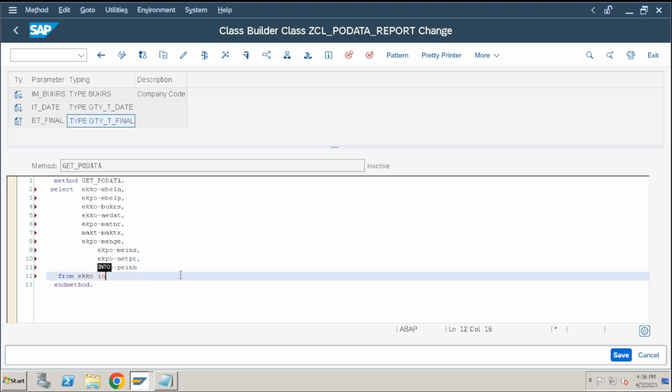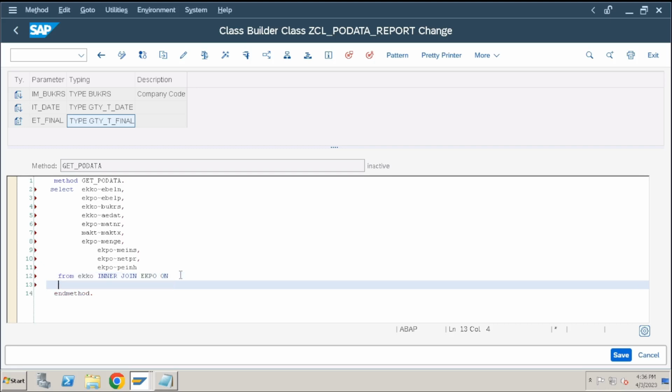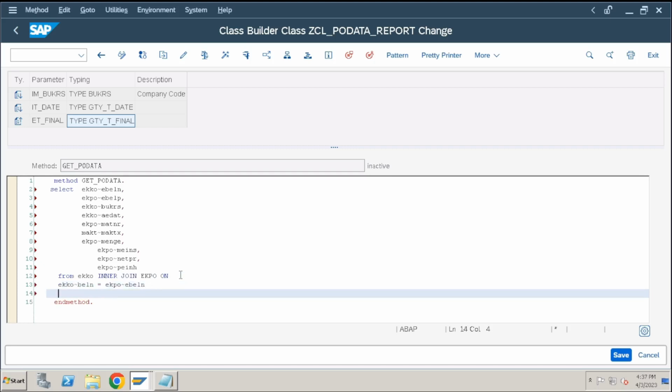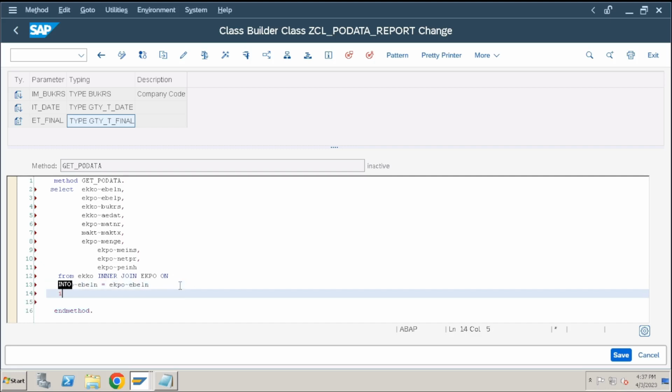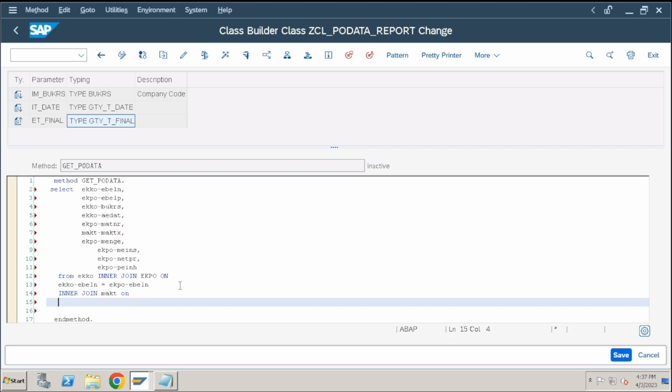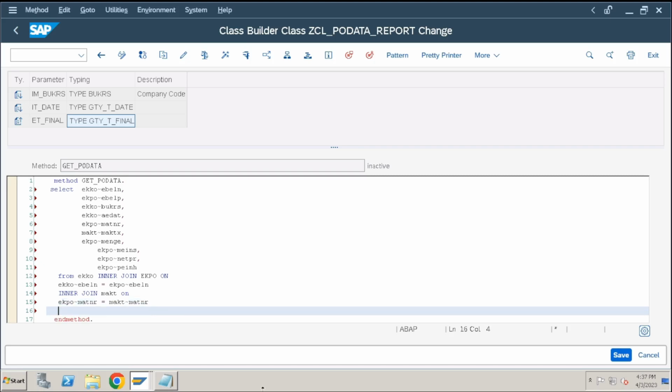From EKKO inner join EKPO on EKKO EBELN equal to EKPO EBELN. Inner join MAKT on EKPO MATNR equal to MAKT MATNR, where